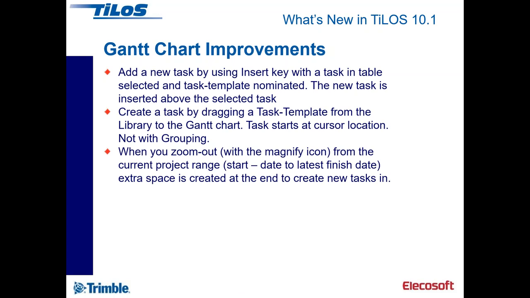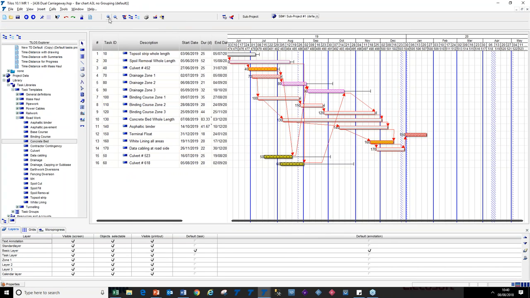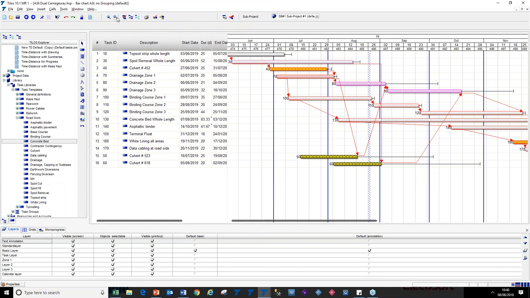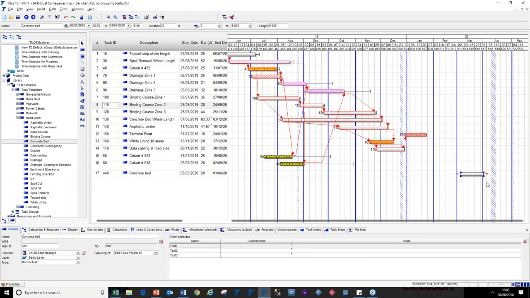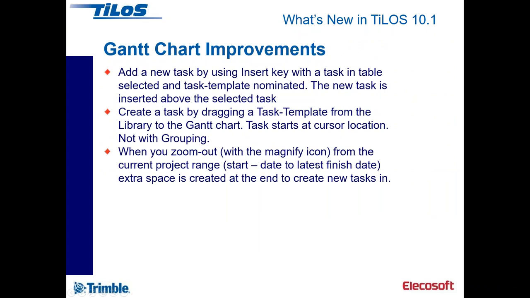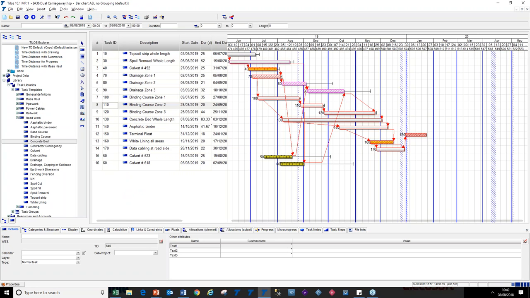When you zoom out, it didn't used to do this, but if you zoom out now, it creates extra space at the end. So now you can create new activities over here, for example, which was harder to do previously. And you can hide quantity values for summary tasks, which wasn't available before. So if anybody had a desire to do that,